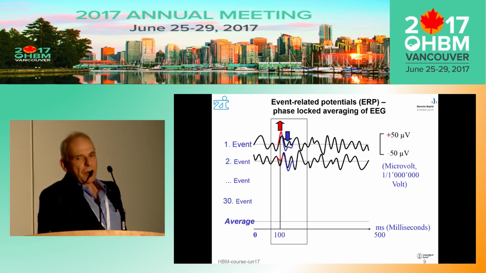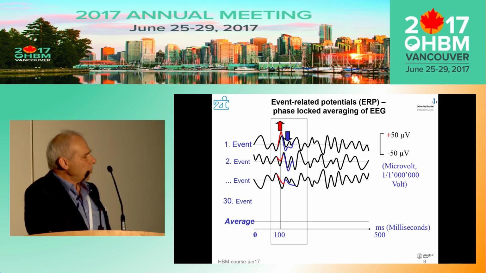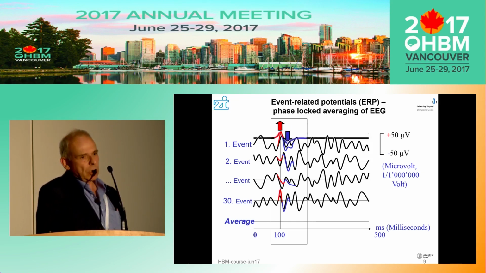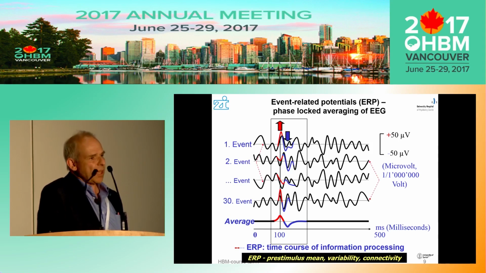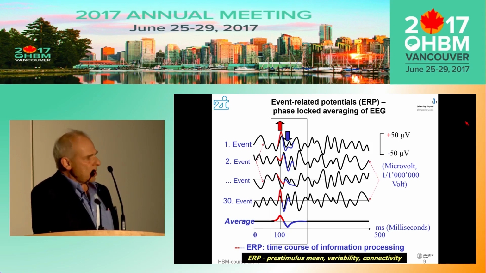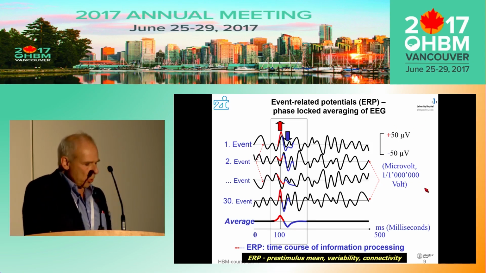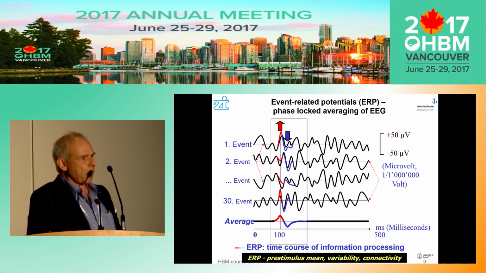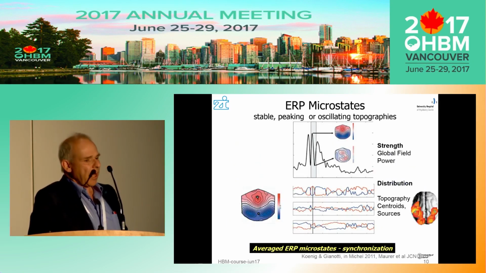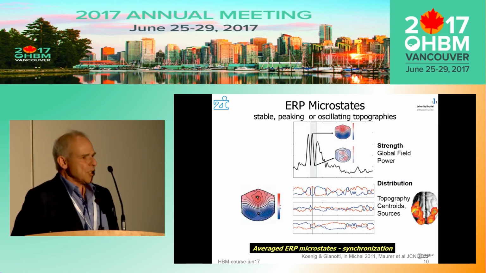If we look at just one aspect of event-related activity, the classical average evoked or event-related potentials, where we ignore the changes in synchronization, the changes in phase reorientation, and just look at what is phase locked to the stimulus, then what we find is typically an average evoked potential response, which tells us something about the course of information processing, and which typically shows up, if we analyze it with a topographic and then with source models, in stable source configurations with synchronously activated or oscillating or activating and changing generator patterns.